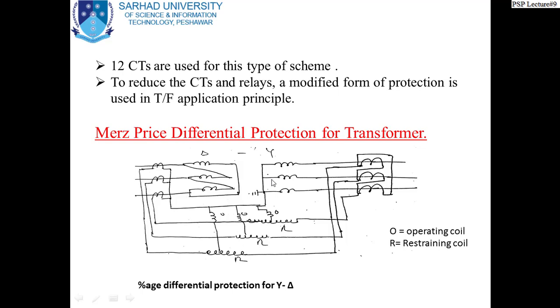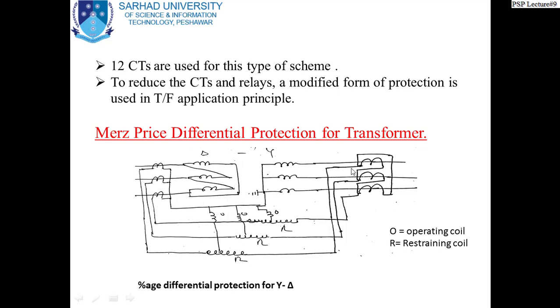Since in this differential scheme we are comparing the line current on one side to the line current of the other side, let's say the line current here is to be compared with the line current on the Y side here. So accurate comparison cannot be possible if we connect the CT on one side and the CT on the other side in the same fashion,